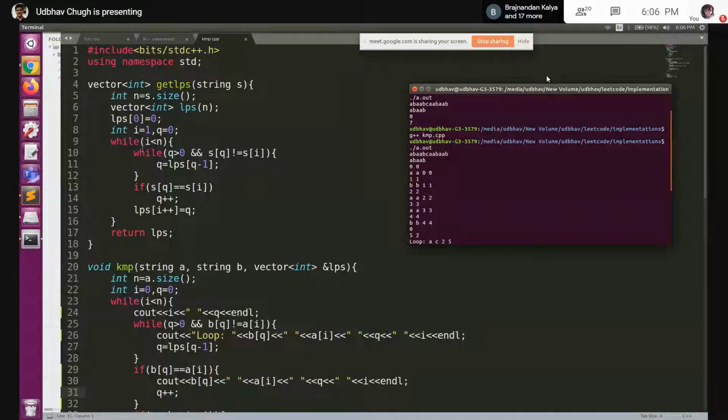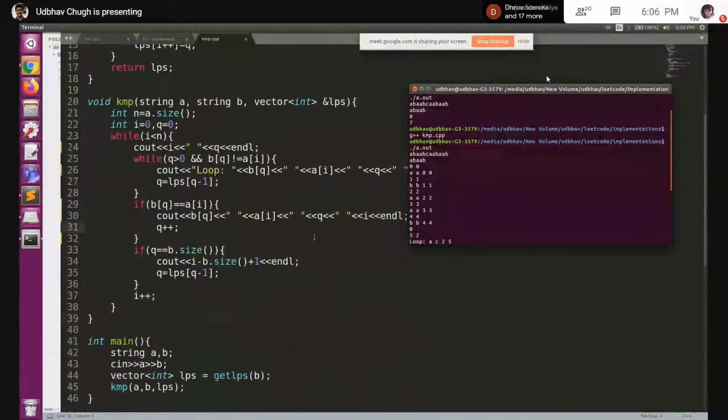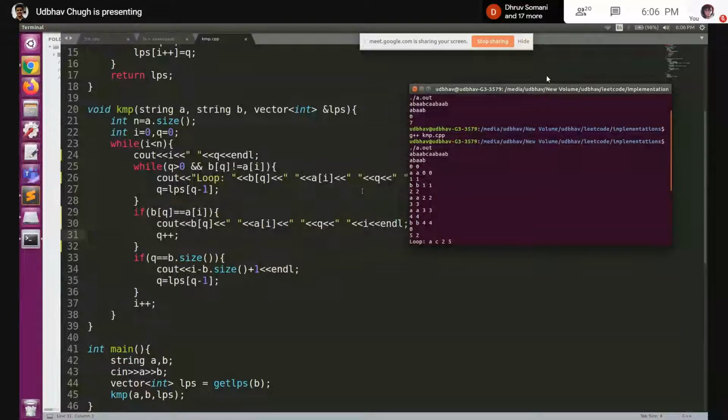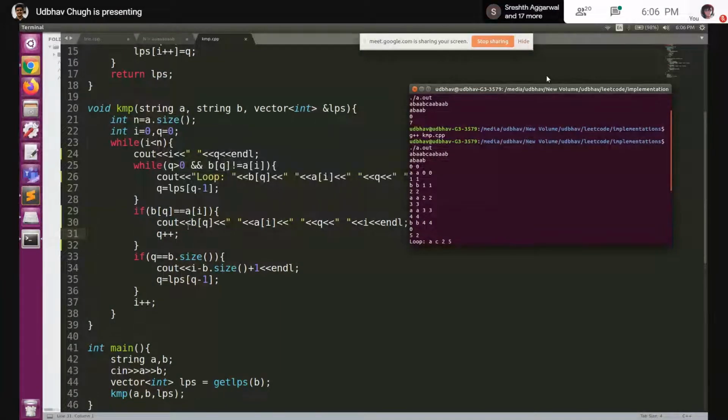Let's discuss KMP once. So initially we had I and Q both 0. So we are currently at index 0 of this and this. Q represents the index for the query string. Now we see that since both of them are equal, we enter this position and Q is incremented.